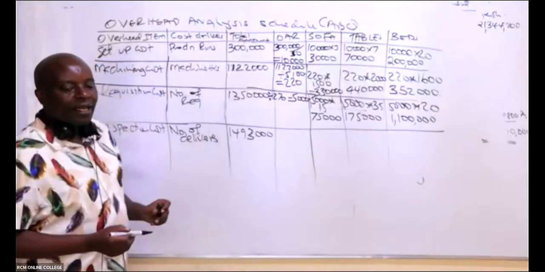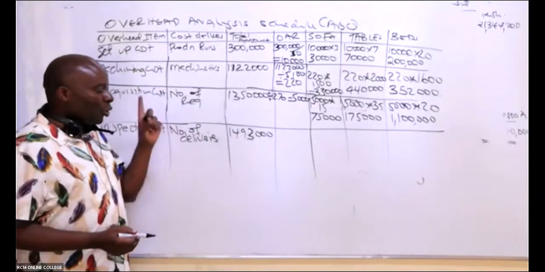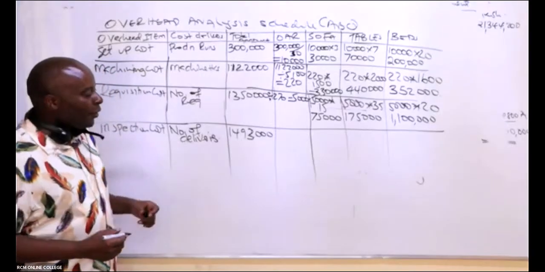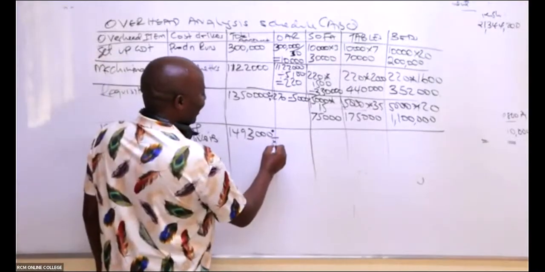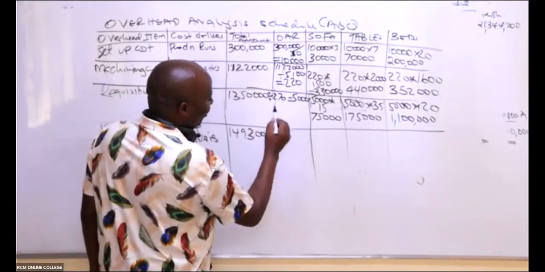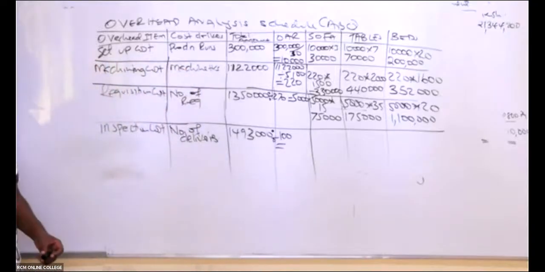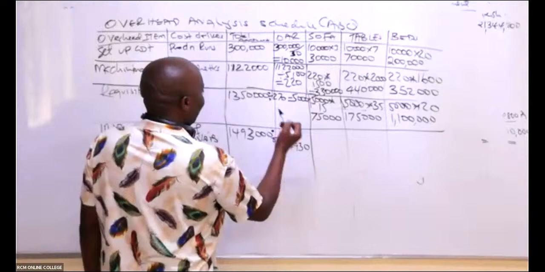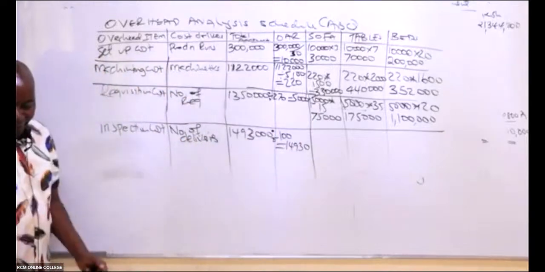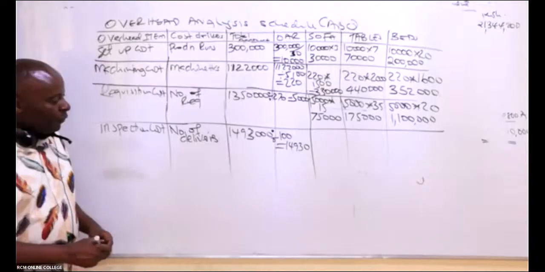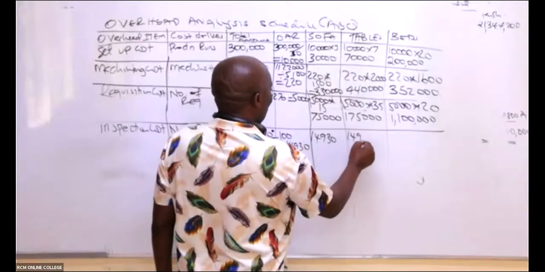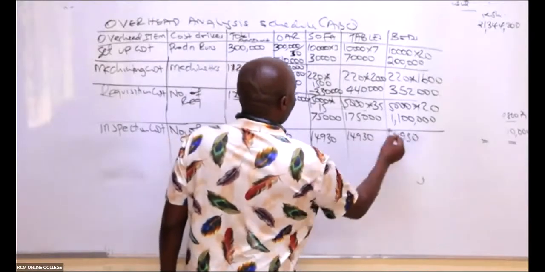The OAR will take the total amount, which is 1,493,000, and you divide it by the total number of deliveries. Are you able to see the total number of deliveries? 100. Yeah, so you're able to get that OAR. So this OAR will be 14,930. So this will be 14,930 times